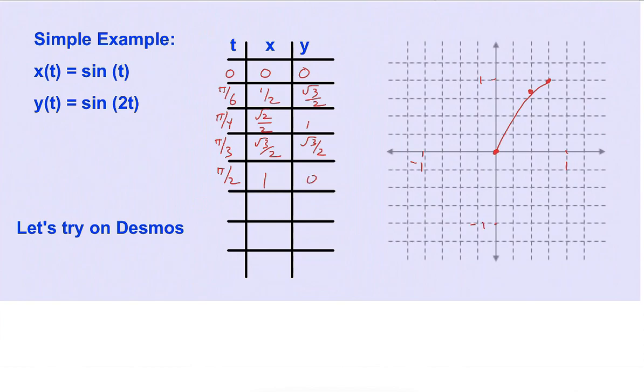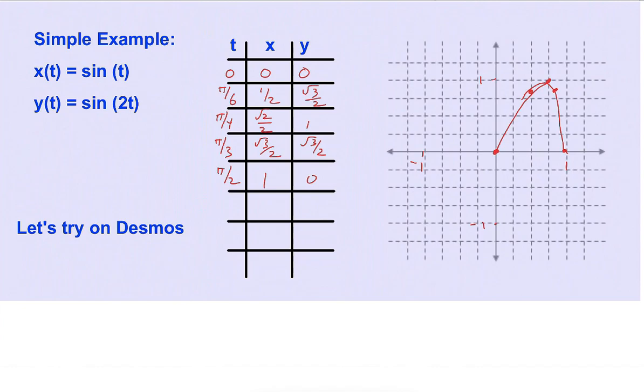So what's happened is my next two coordinates are root 3 over 2 comma root 3 over 2, which will be about here. And then 1 comma 0. It's a pretty steep drop. So my graph went like this. As we go forward,